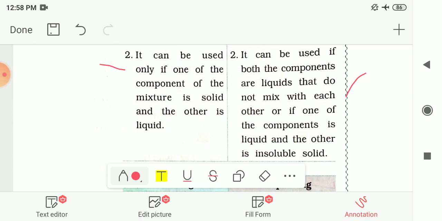And in filtration we can use this method if one component is in the solid state. And in decantation, if the two components are in liquid state and they do not mix with each other, then also we can use the decantation method. Or if one component is an insoluble solid, then also we can use the decantation method.